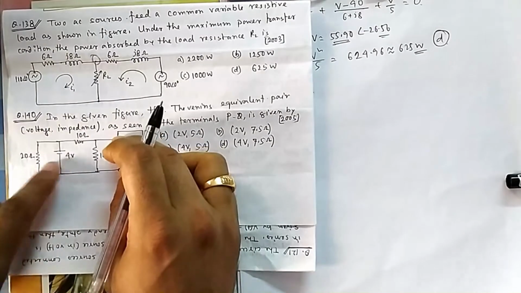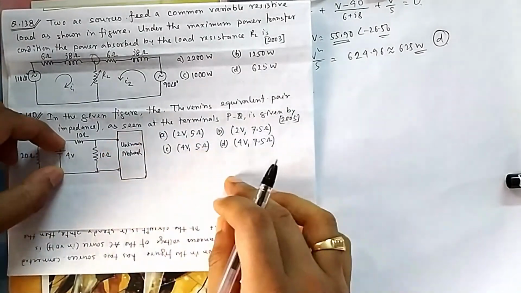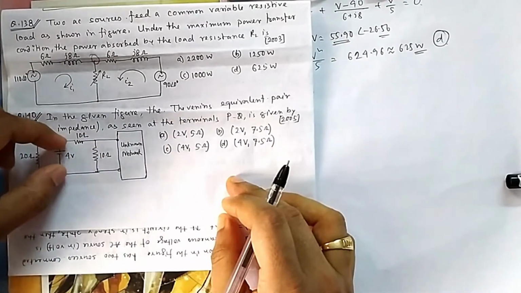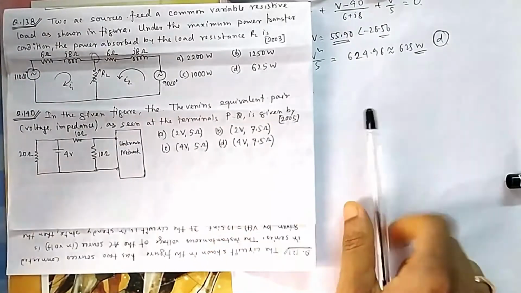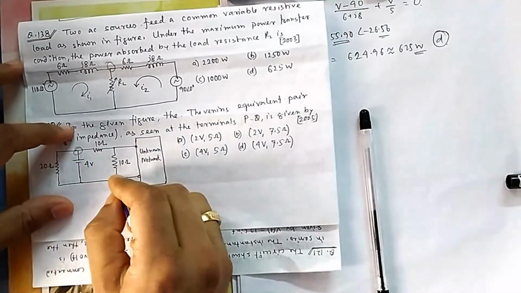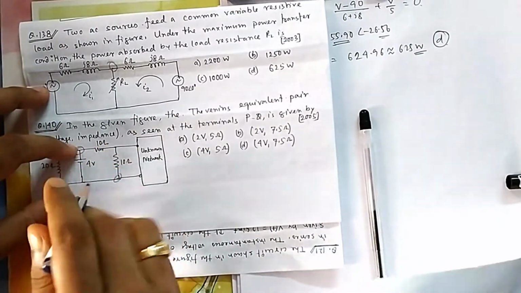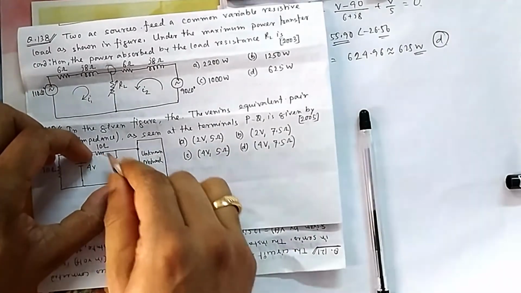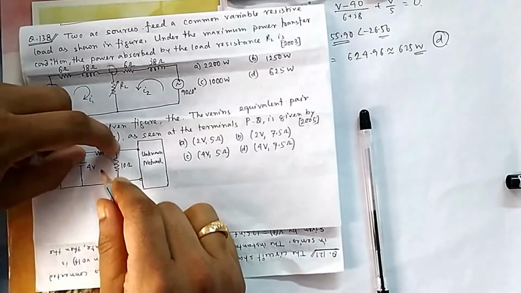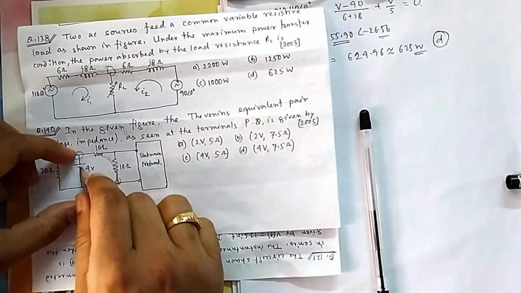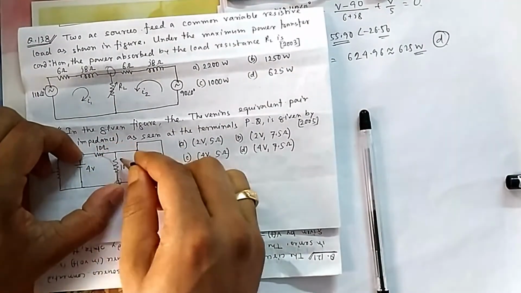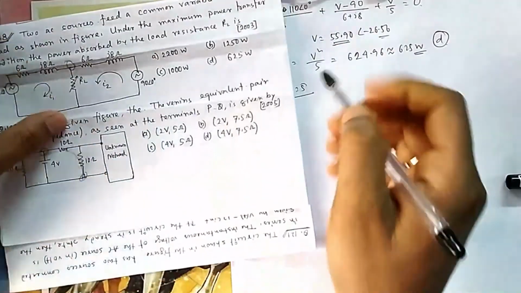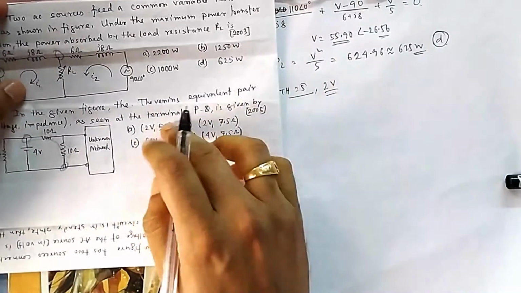So again from this side, if you see Thevenin's voltage, this voltage is 4, and from here to here, this is 10. So this 4 volt is across this. So by seeing only you can do it. Due to this, in between these two, the voltage is 4 volt. But both are equal, so 4 volt will be equally dropped here. So across this will be 2 volt, across this will be 2 volt. So your output will be, obviously, 2 volt. So by seeing this only you can say it is 2 volt and 5 ohm.